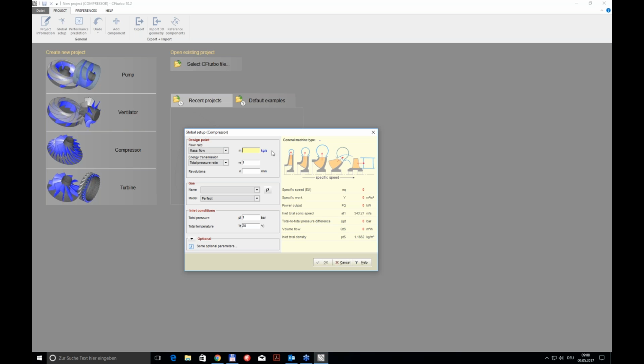And the example I want to show is a rather small compressor that has a mass flow of 0.18 kilogram per second, a total pressure ratio of 3, and it runs at 65,000 RPM. Also, it should compress air, and when it comes to the definition of the fluid, one can choose between different real gas models given here, and also, of course, with perfect or ideal gas